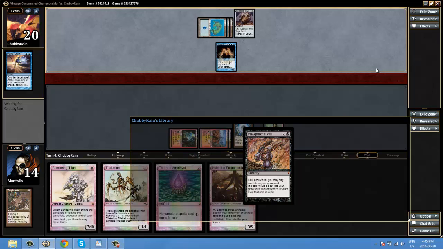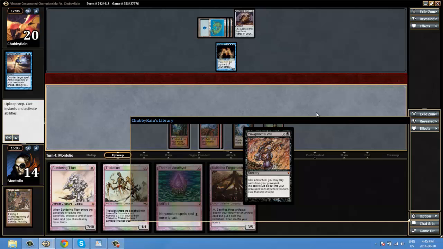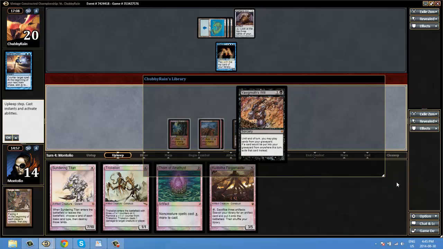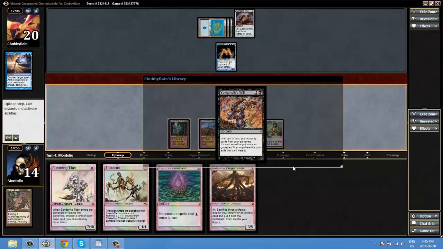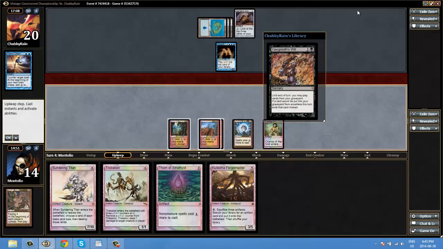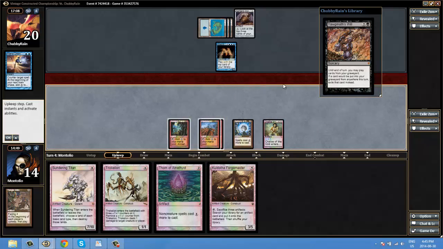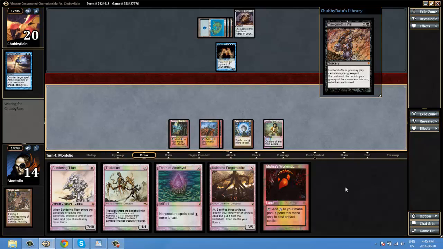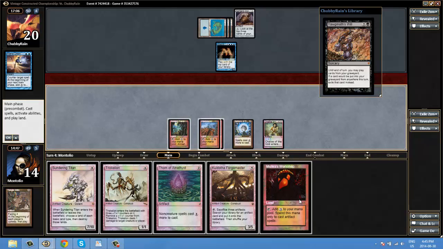Yawgmoth's Will, okay. Oh no, okay, it's a Magus. I was going to say, did he just play a Yawgmoth's Will? Not a card I'm happy to see, but let's hope we draw a land here. And what a land it is. Well, guys, I mean,